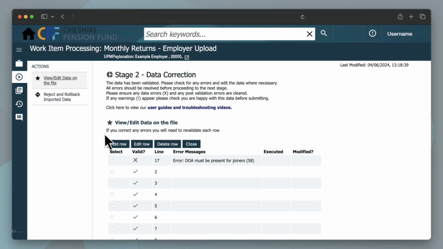In the Actions column, click View or Edit Data on the file. Any data errors identified during the validation process will be displayed on the screen. You'll then have 2 options. You can either correct the errors line by line, recommended for a few errors, or if there are many errors